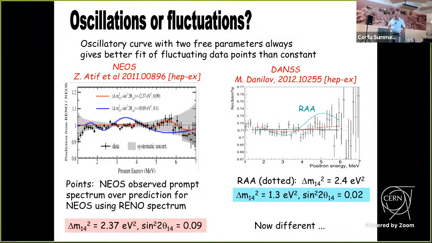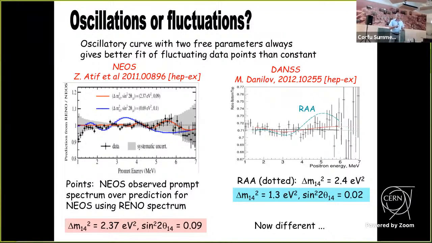Now, there are several experiments indicating different neutrino oscillations, and in particular, the NEOS experiment and the DANSS experiment, which last year indicated the same delta m squared, which was interesting, and some people became excited. It's not just one experiment that indicates oscillations with a certain delta m squared, but two experiments. But things changed because NEOS did a new analysis, and now they have delta m squared of 2.37 electron volts squared, while the DANSS experiment, this Russian experiment, gives 1.3. So the question is, do you have